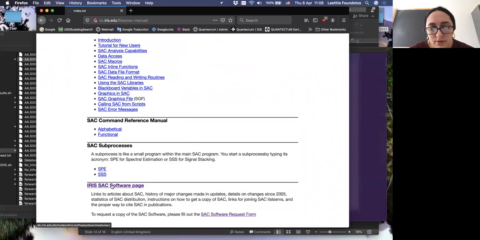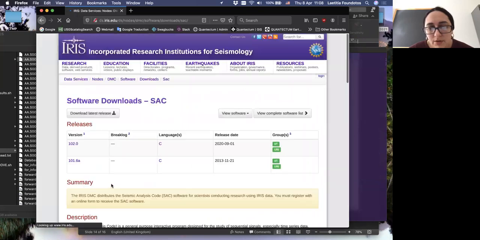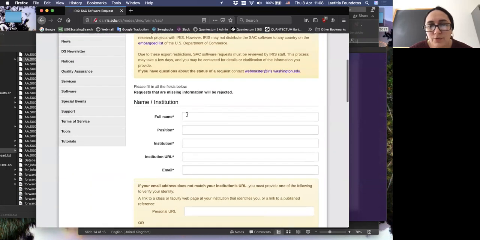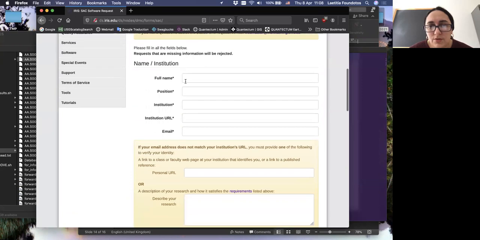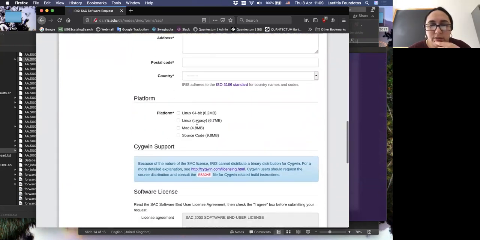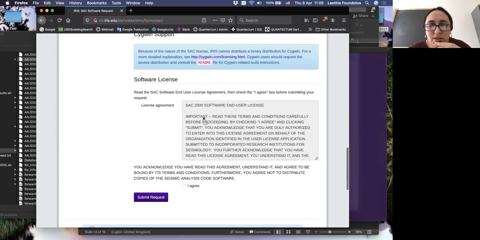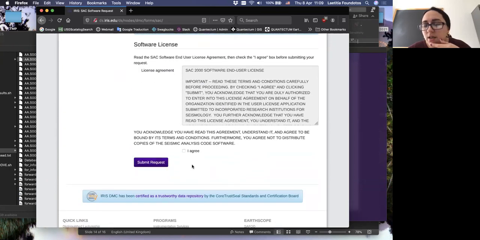If I click on download, you will first have to fill in some little information, just your name and your email. Then you specify which type of operating system you are using, and submit the request, and you will receive the code the same day. It takes just a few minutes or hours, and you will get it.